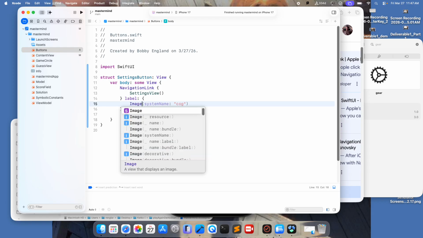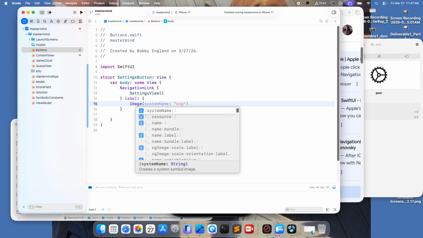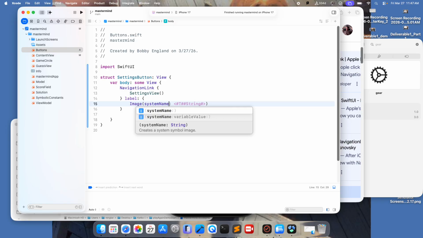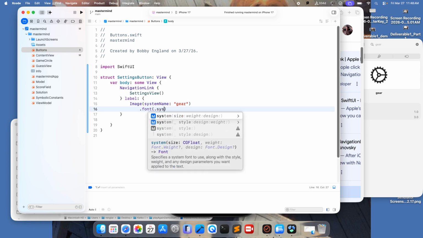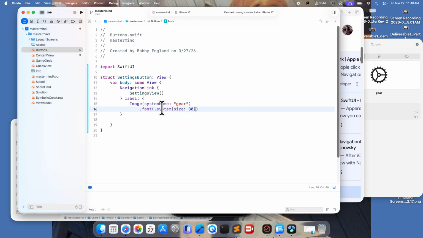Image, system name. And we're actually going to make the font size on this a little bit smaller because you saw the settings gear was not fully in the range. So 27 I found to be the magic number. And then